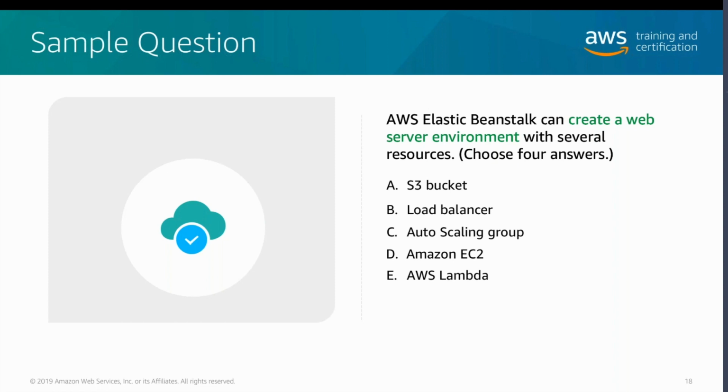Gosh, there's only one more. We just need to figure out what the fourth one is. Anyone want to take a shot at guessing what the answer might be here? The fourth one? Someone says A, B, C, D. Absolutely right. One thing Beanstalk can't deploy is Lambda functions. So in this case, the four correct answers are S3 bucket, load balancer, auto scaling group, and